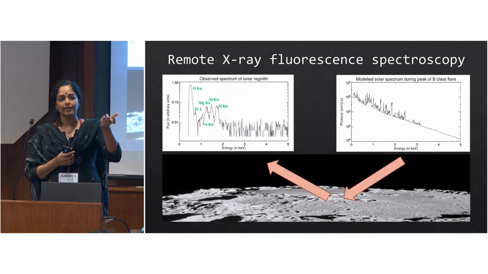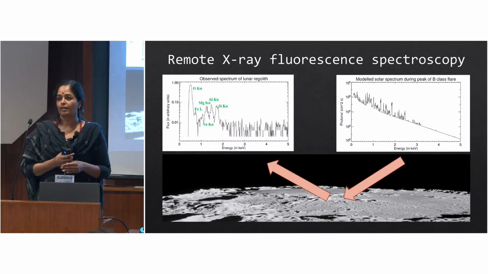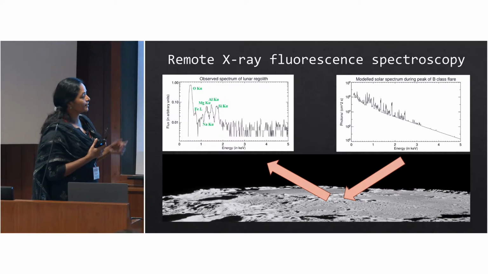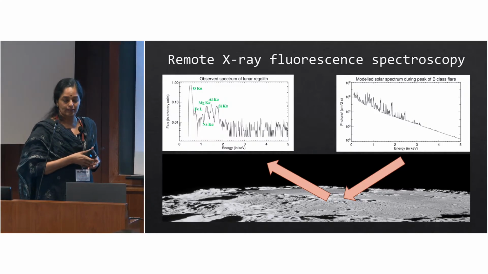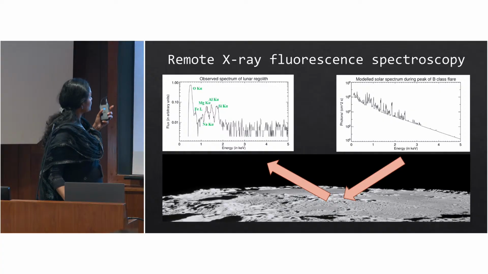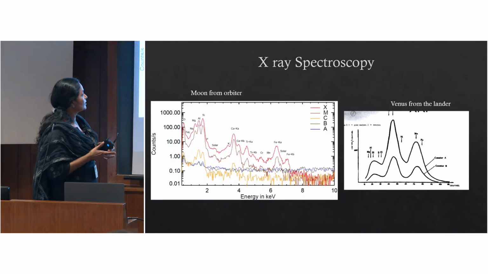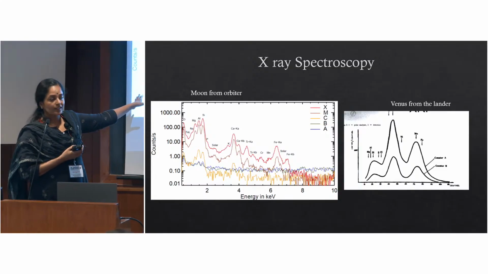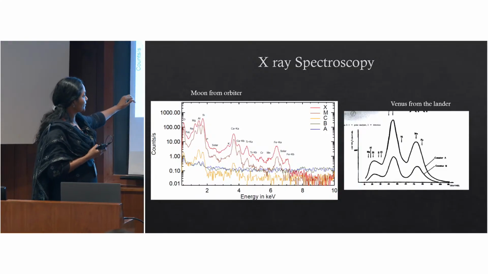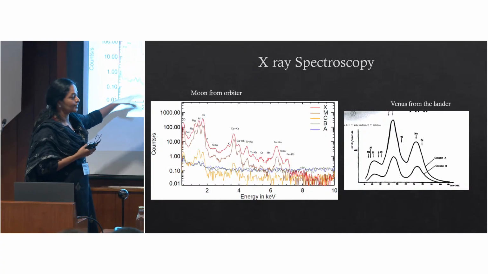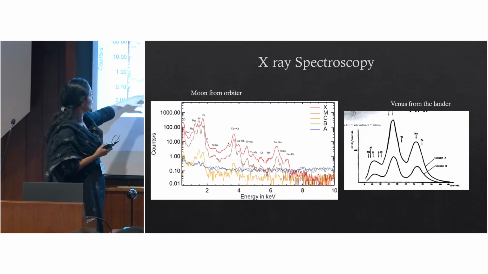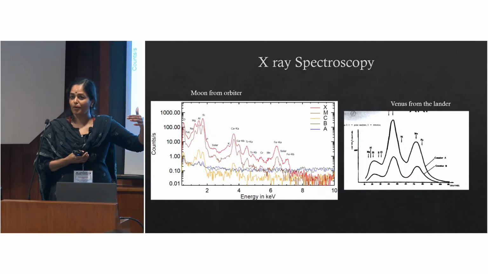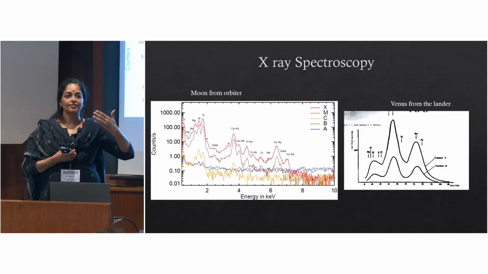You've studied this, right? It's very unique, no? Atomic energy levels, there can't be overlaps, right? So that's a very sure way of finding the elements. So this is an actual spectrum. For example, this is from the instrument that we have on Chandrayaan 2 called CLASS, and you can see that the difficulty in modeling this comes because the X-rays from the Sun are not the same all the time. As the Sun gets active, it emits